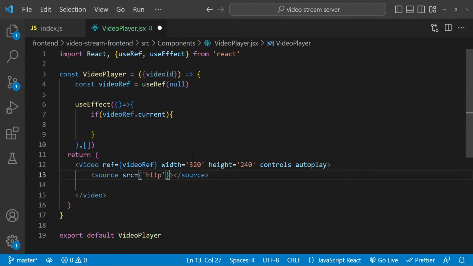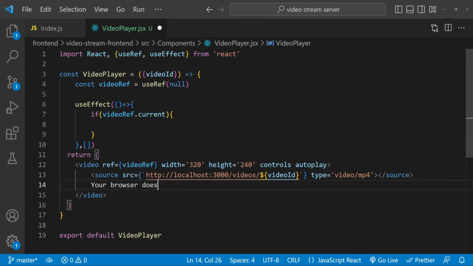Okay, so it is not going to be HTTPS because it will run on localhost. So localhost and then 3000 and videos, and then we have to use a template string over here because we will be providing the video ID from this video ID prop. Alright, now let's provide the type value. The type is going to be video mp4. Let's also provide a fallback text if the browser does not support the video, so your browser does not